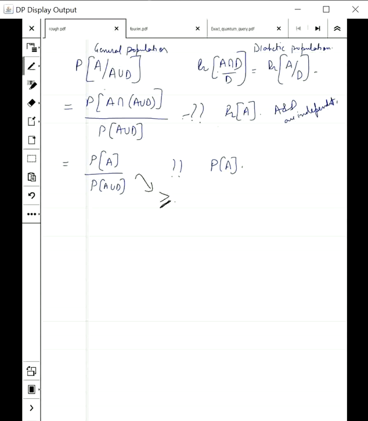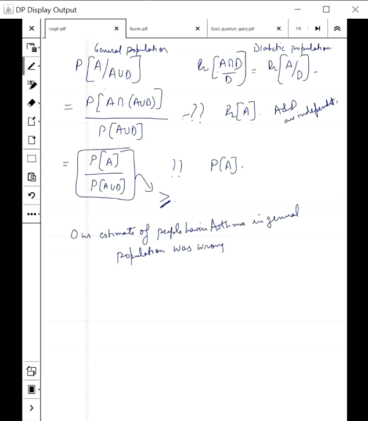So even though A and D were independent, since we looked only at the people having asthma or diabetes, this quantity became bigger. So our estimate of people having asthma in the general population was completely off. Their conclusion was that these two events, A and D, were negatively correlated. They wanted to say that the probability of A intersection D is less than the probability of A, less than the probability of D. Though what they measured was in a hospital,